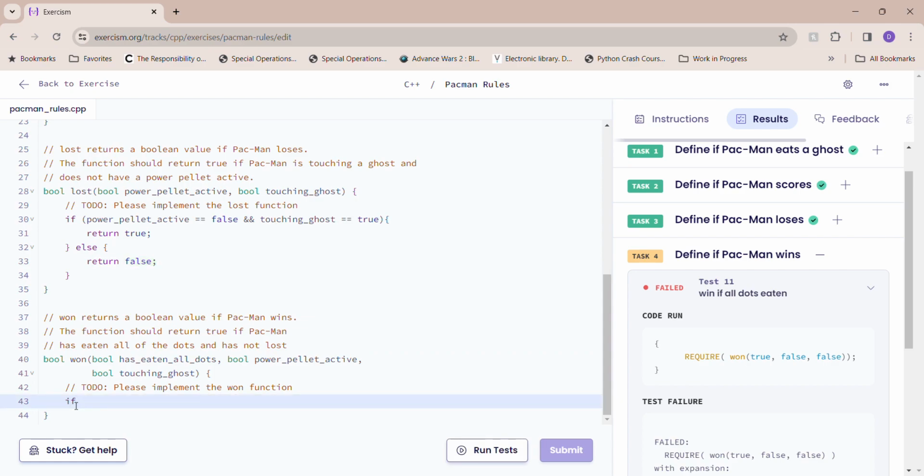Well, we already defined a lost function, so let's use it. So if, and we'll take this function, and notice it has power pellet and touching ghost. It has the same parameters, so we're going to use them. So if power pellet and then the second is touching ghost,